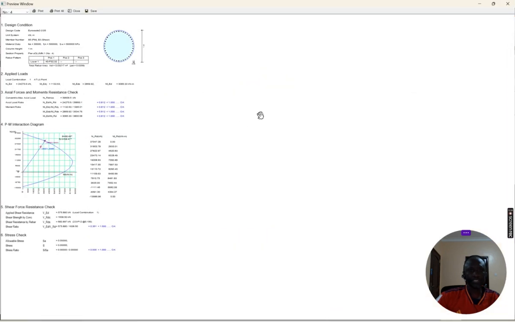So for column, this is where the column is. You have all these checks have been done. The checks against stress, checks against shear force resistance, I think. Then the PM interactive diagrams are all here. The axial forces and moment resistance checks are all given here. The applied loads are also here, and then the design and whatever you have done, and the reinforcement you specified